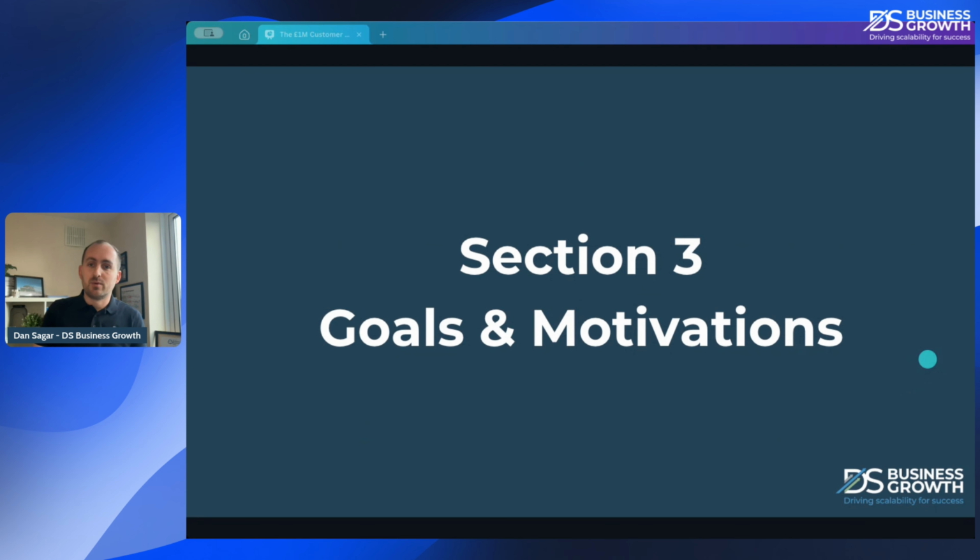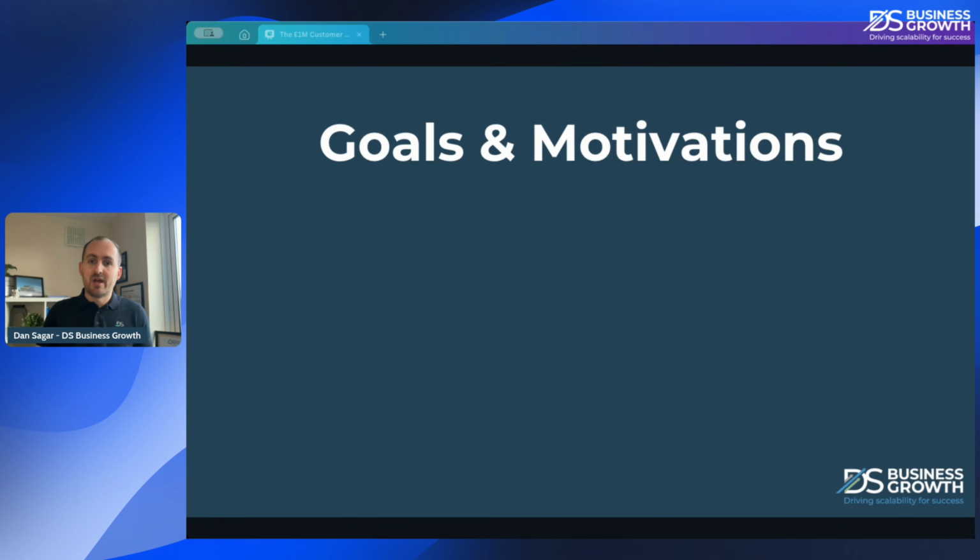Moving on then, swiftly moving through this, section 3, goals and motivations. So we really need to start to think now, rather than thinking about literally what are these clients like, who are they and what do they do, we need to think about their goals and what is motivating them. And there's 3 ways here that I would like to break that down to be the most helpful way for you. So first of all now, the personal goals.